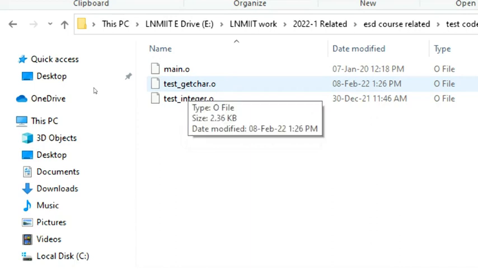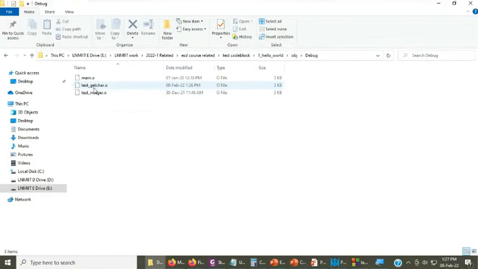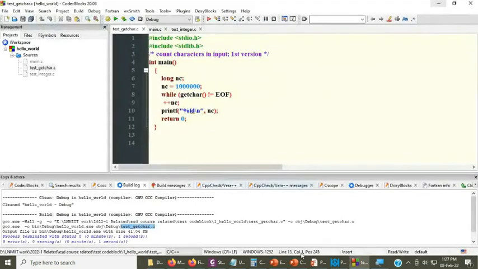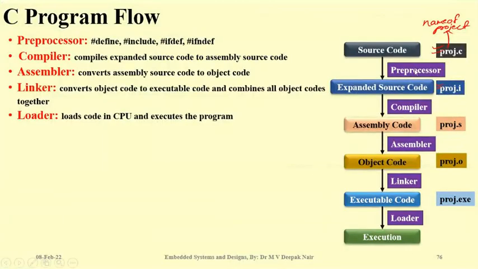Now the question is, what is there in these files? I'm not going to cover all those aspects here, but I wanted to show you that there are many other files generated in the background, and it depends from compiler to compiler. They may generate some other files also, but this is how a simple C program is compiled, and then we load that particular bin file into the CPU.